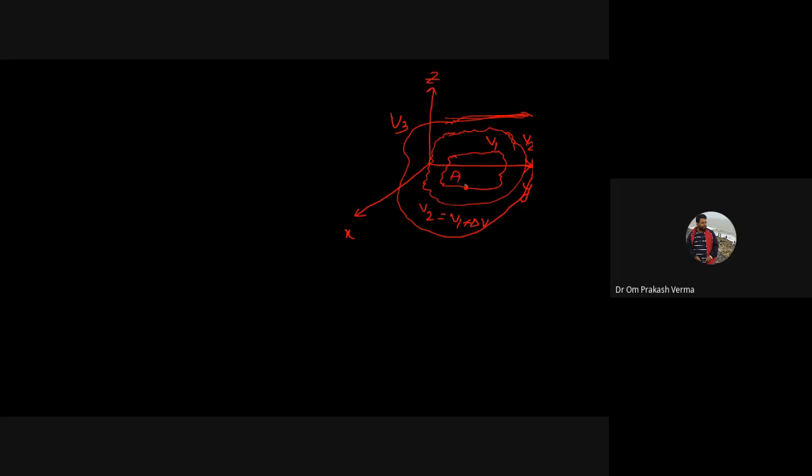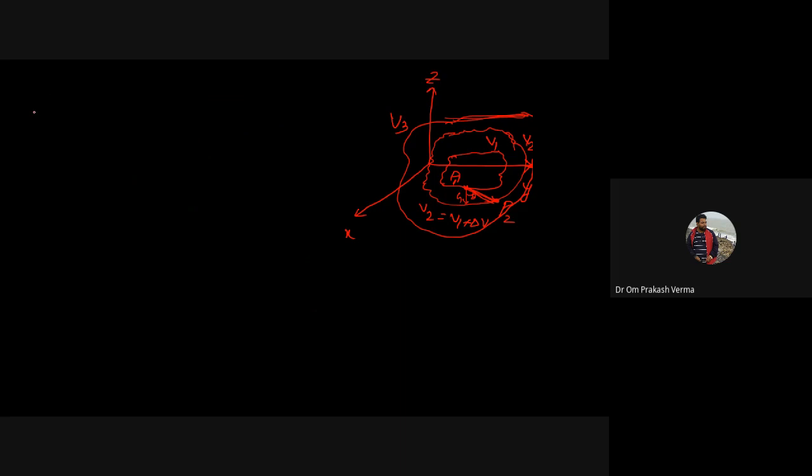This is the P1 point, and let's say this is the P2 point, and from P1 to P2, let's say this is one line, and the angle between this is, let's say, theta. We have taken theta. This is G and this is the angle. We are moving from P1 to P2 point, making this angle theta.